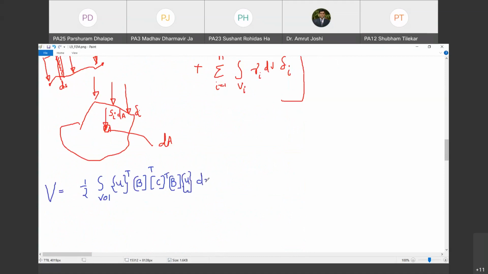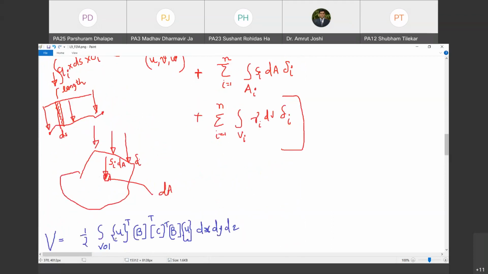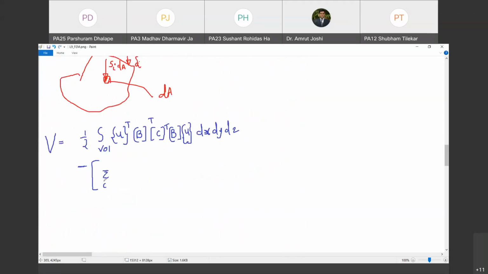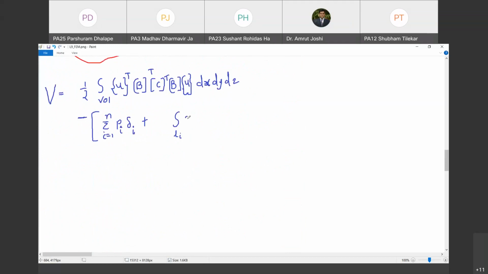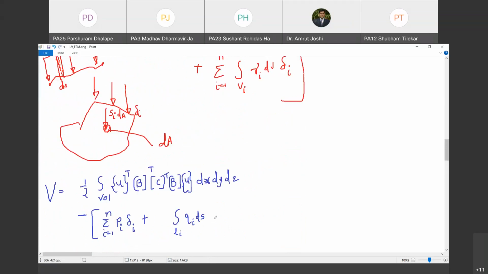This multiplied by dx dy dz. Dx dy dz can also be written as dV because it is integration over the volume, plus minus into bracket summation of i running from 1 to n, p_i delta_i, plus integration over L_i for q_i ds, Q_i ds, into delta_i,